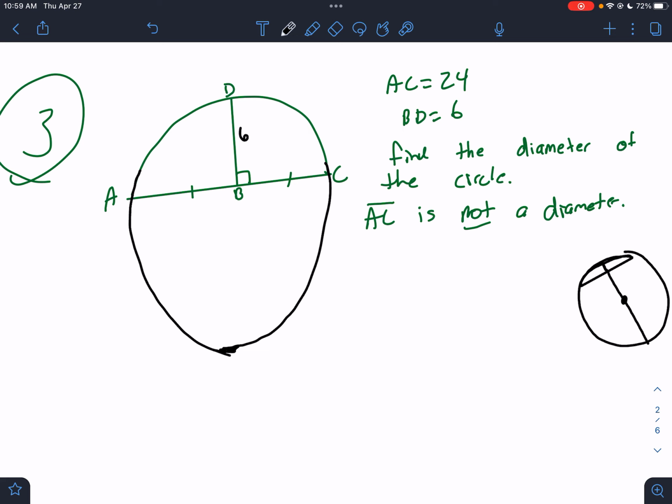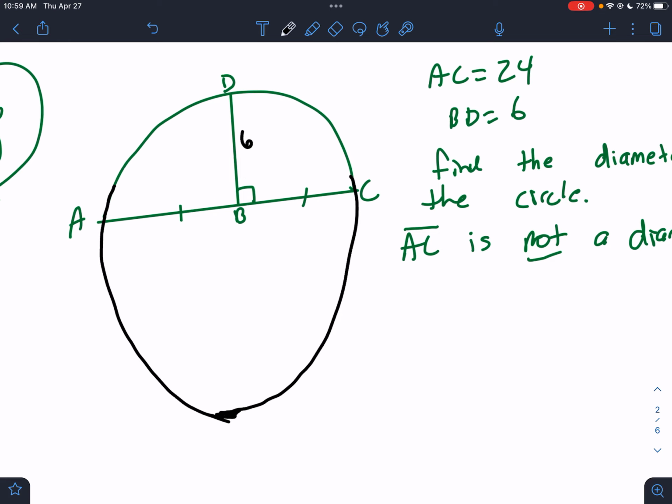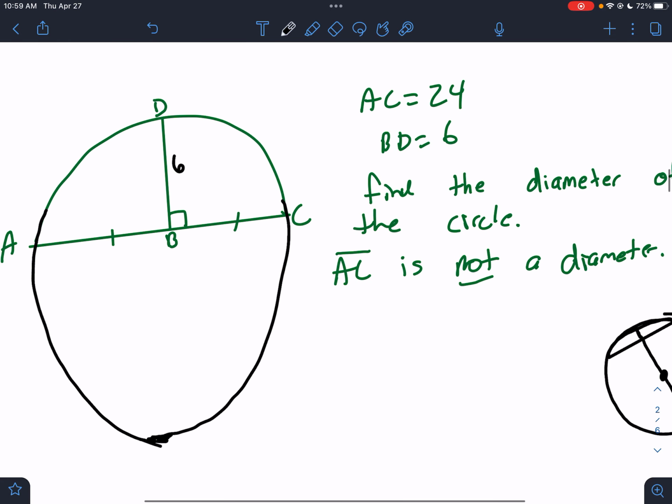But I don't think it's that ugly. Maybe I did it better this time. I don't know, but it's a circle. AC is 24. Here's the thing: if this is perpendicular at the middle like that, and it's cutting it in